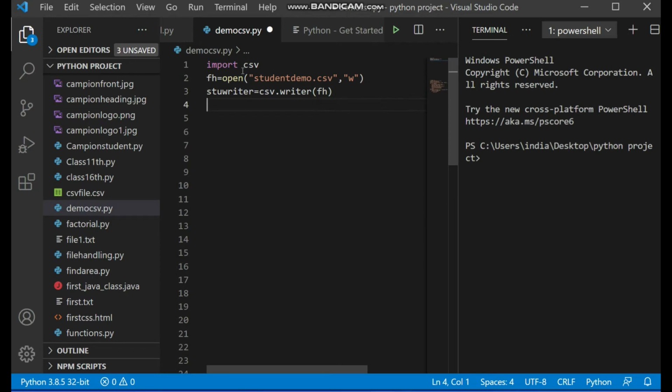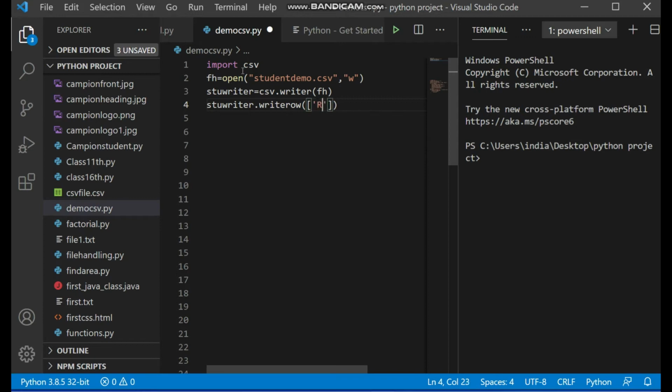The next thing we have to do here is start writing using the functions. What function can you use here? stu writer, our object, dot writerow. The writerow function allows you to write text into the file in the form of a list.